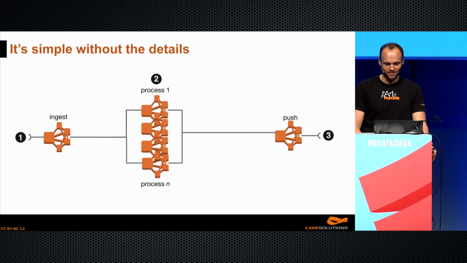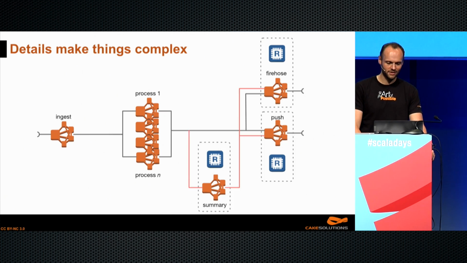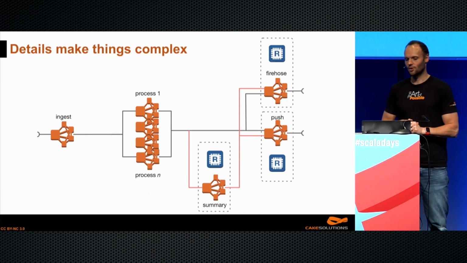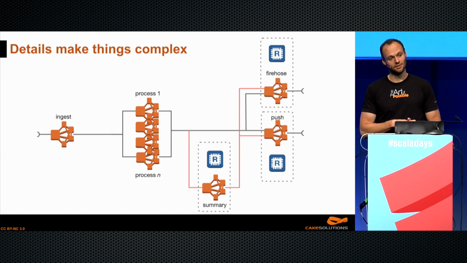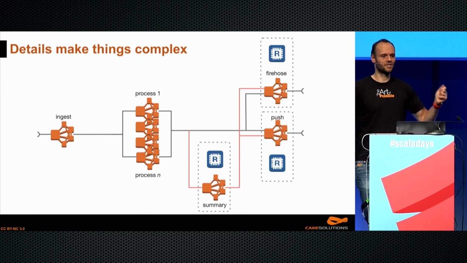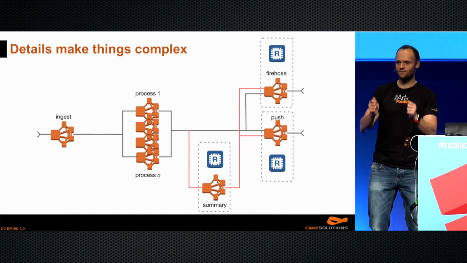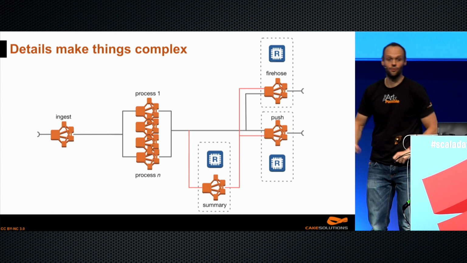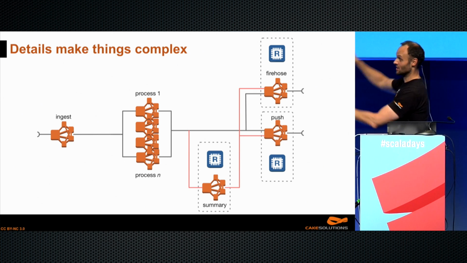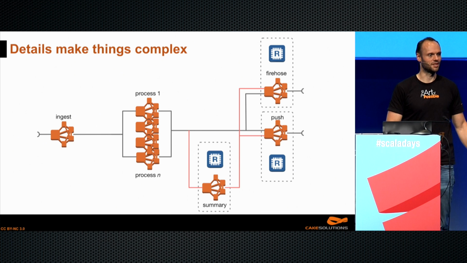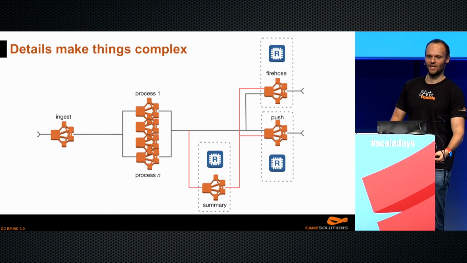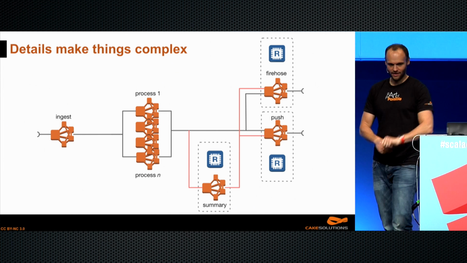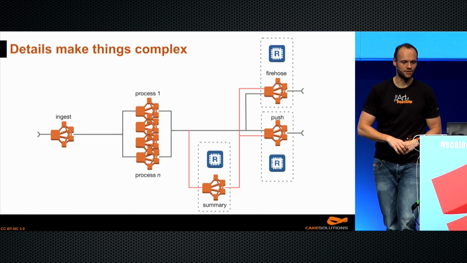So without the details, it's nice and simple. With the details, it gets a little bit more complicated. So let's add complication. We're going to add this summary service, which maintains some state, right? You don't want to send these tiny messages to everyone saying, we've done the document integrity check. Okay, that's kind of nice, but I want to wait until the whole thing is ready. And there might be some magical business logic in this summary service that says, a document with these particular features is usually invalid. Anyway, so we have that, and we're going to separate out this push service.